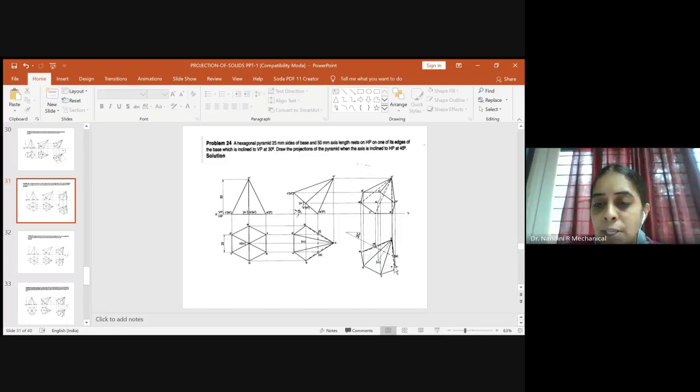If it is confusing, it's always better to do the naming immediately. First you have fixed this edge, F and A you have named. So the other corners, kindly name them too. This will be our B, C, D and E. The naming should be similar to the naming you did in the second stage. The only difference here is that we are now inclining one of the edges to 30 degrees to VP.